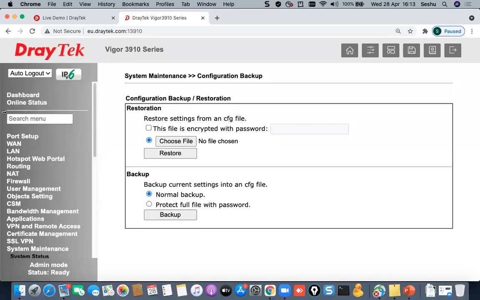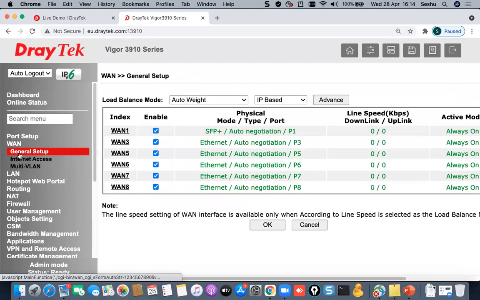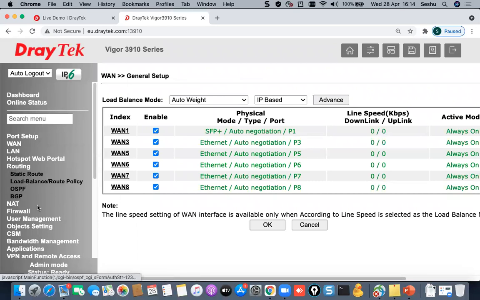By using this demo site, you can see what features are available in the Dratech router. Most of the engineers, I suggest to them whenever you want to see the console, you just go here and see what protocols are supported, what features are there, and everything. You cannot do any configurations, but you can have complete visibility.